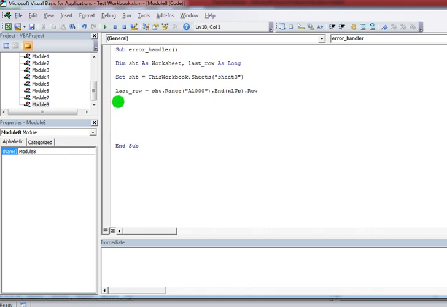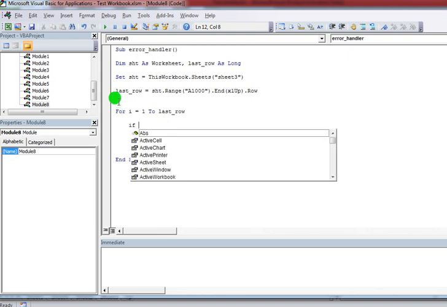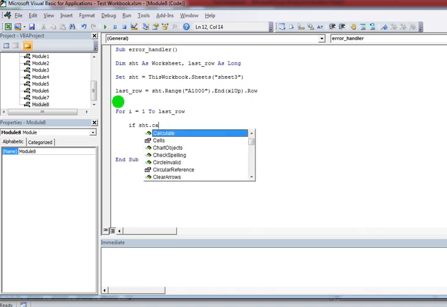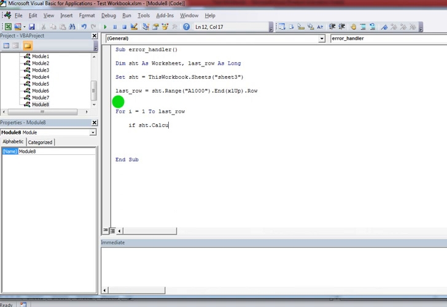Now I'm applying a For loop, that is For i = 1 to lastRow, and performing one task here: If SST.Cells(i, 2) * 2 > 1000,